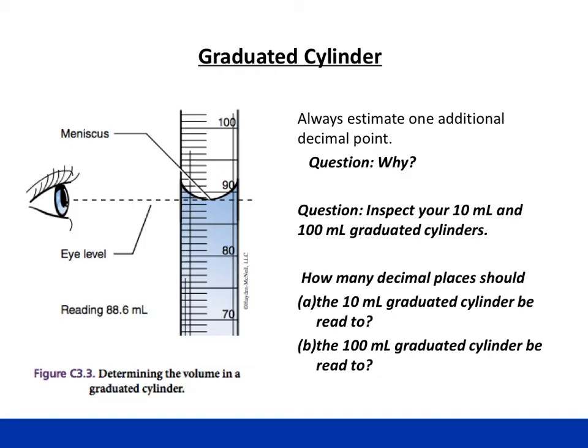Remember, when you make a measurement using a graduated cylinder, to always estimate one additional decimal place past what is marked. That is, when your graduated cylinder is marked in units of 0.1 milliliters or 1 milliliter. When the graduated cylinder is gradated at 0.2 milliliters, the best you can estimate is that one decimal place. Take a few minutes and study the 10 milliliter and 100 milliliter graduated cylinders. What do you notice about their gradations? How many decimal places or significant figures can you determine?